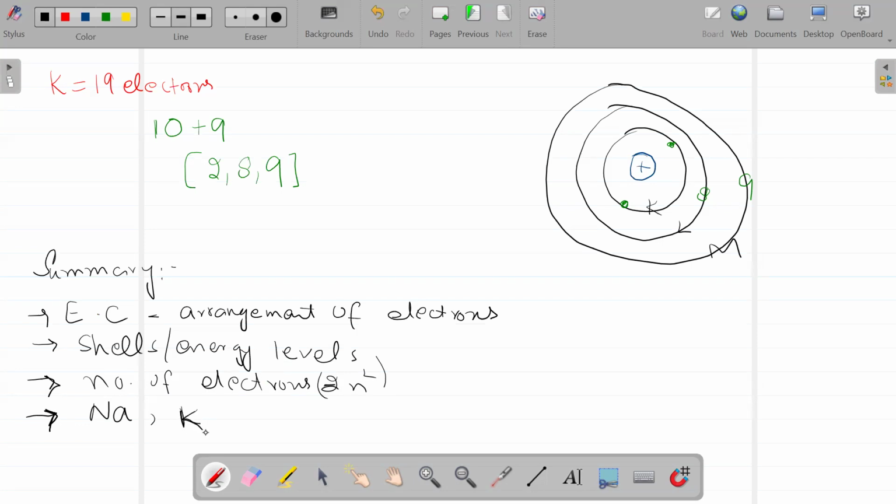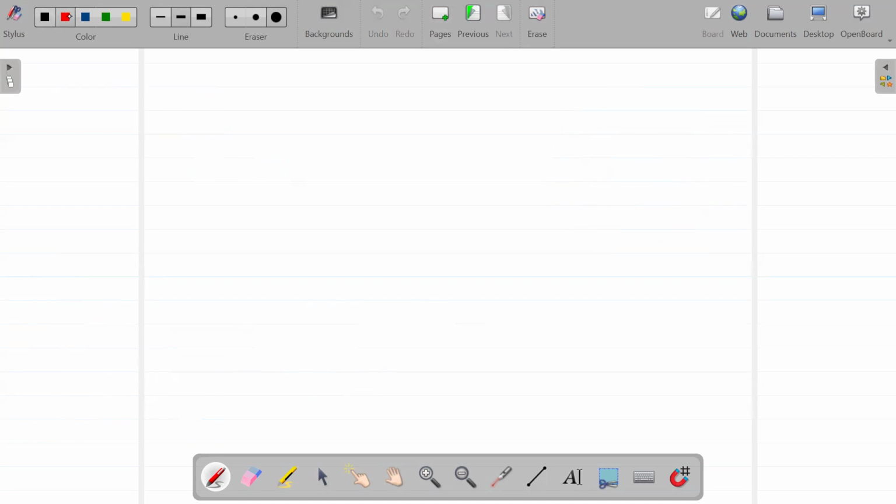So now I will discuss another example, but I will suggest that you should pause this video here, and then you should do the electronic configuration first by yourself, or try to find out the answer of the quiz by yourself, and then see whether your answer is right or not. So my question is, you have to find the atom in which M shell has 3 electrons. So again, just pause the video and solve the question, and then come back to see the answer.